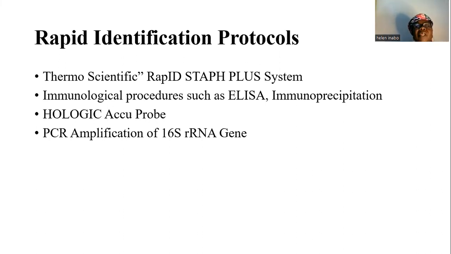There are rapid identification protocols such as the Thermo Scientific RAP-ID Staph Plus system, immunological procedures such as enzyme-linked immunosorbent assay (ELISA), immunoprecipitation, and also immunoblotting. Also the Hologic AccuProbe and PCR application of the 16S rRNA gene can be used as rapid identification protocols for